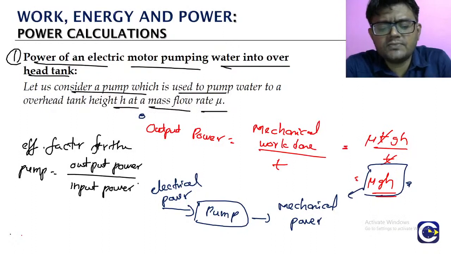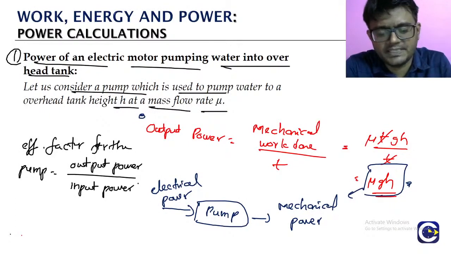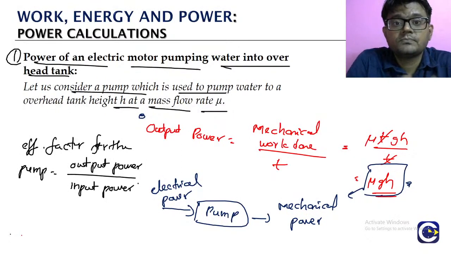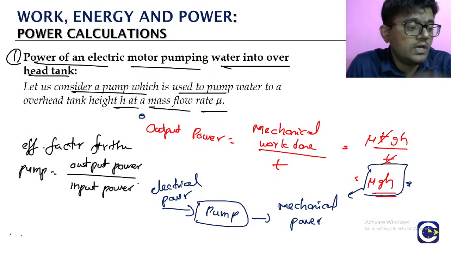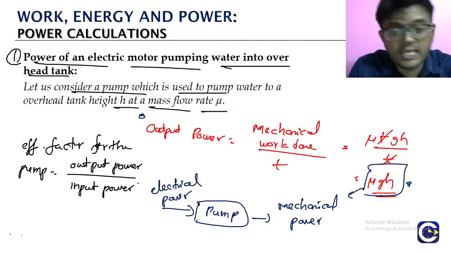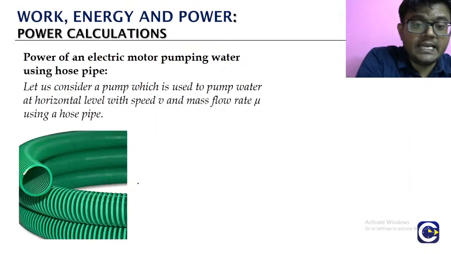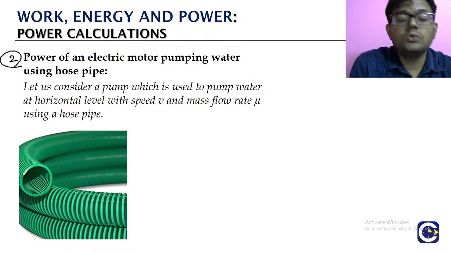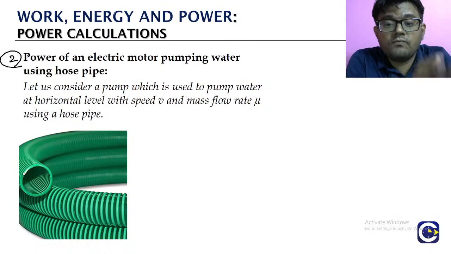If you multiply this by 100, it becomes the percentage efficiency. Okay, so this is about the electrical motor pump that is used to take the water from the surface level to the overhead tank. Then we can have a pump that will be used to take the water from one place to another,